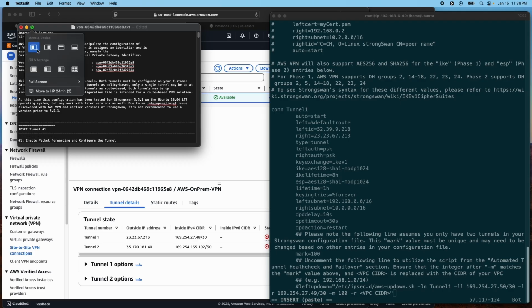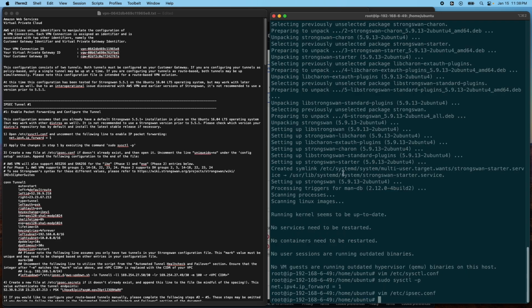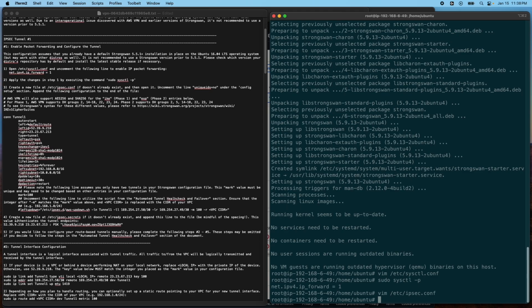Just maximize it again. And this one is good. Let's go ahead and save this configuration file. And next, we need to create a file, or this file is already available because we installed StrongSwan. So let's go ahead and open